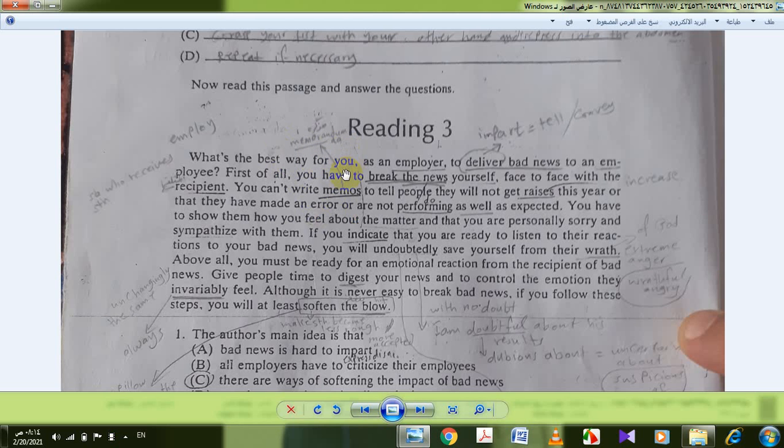Memoranda. Okay, memorandum, memoranda. So you cannot write memos to tell people they will not get raises, get increases this year, or that they have made an error or are not performing or doing as well as expected. You have to show them how you feel about the matter, and that you are personally sorry and sympathize with them. If you indicate that you are ready to listen to their reactions to your bad news, you will